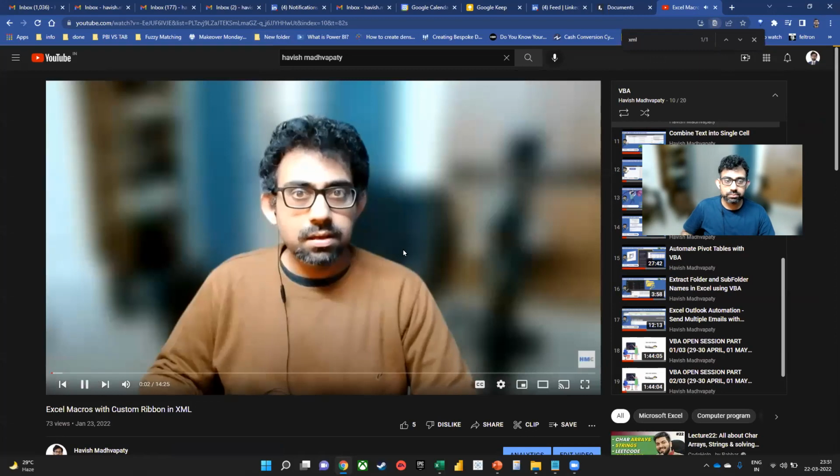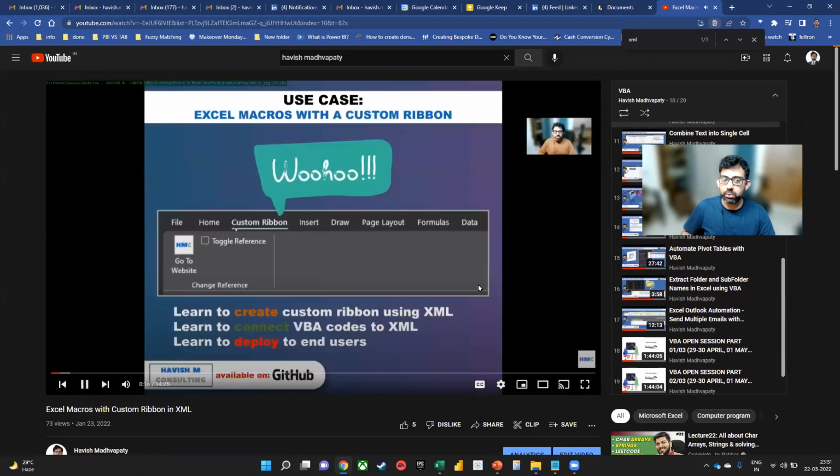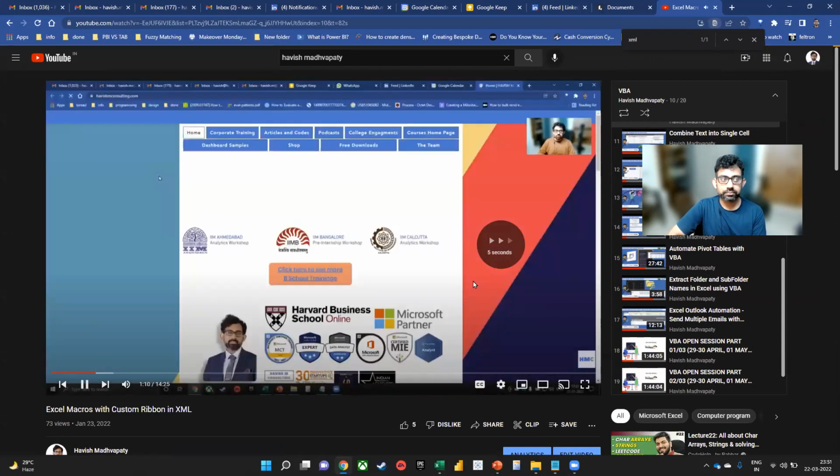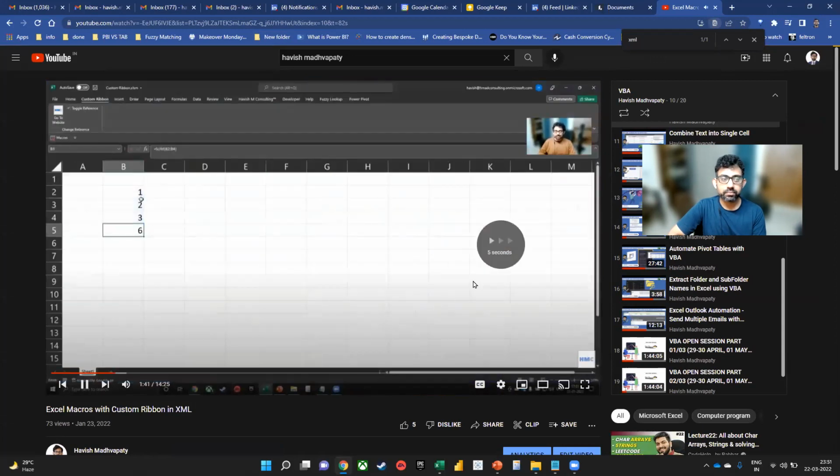If you want to create your own custom ribbon, you need a different software for this called the editor. It's called the RibbonX UI editor. I'll just show you how this works. I have a button. If I click those, okay. So if you notice, I first,